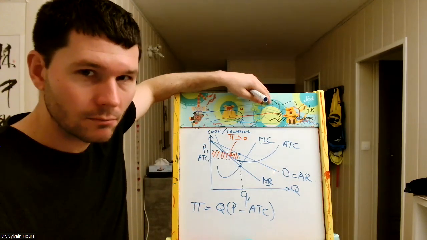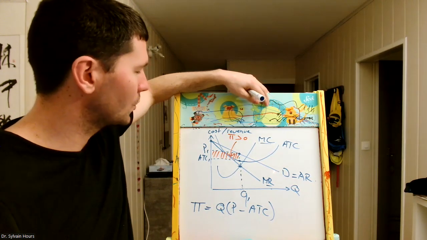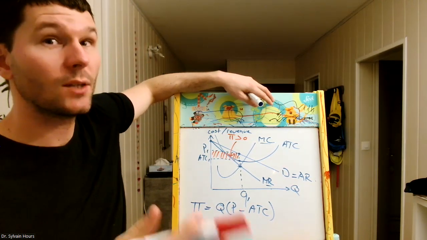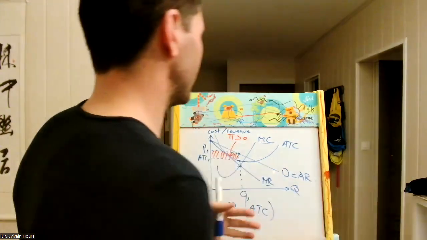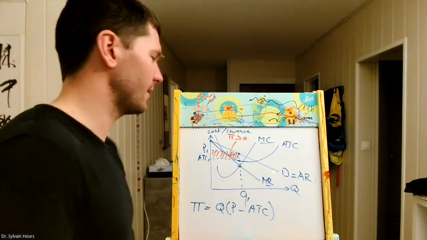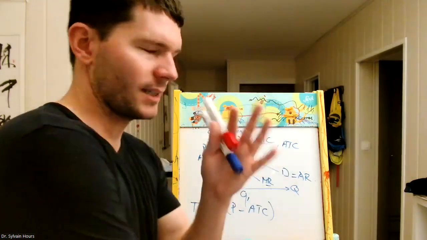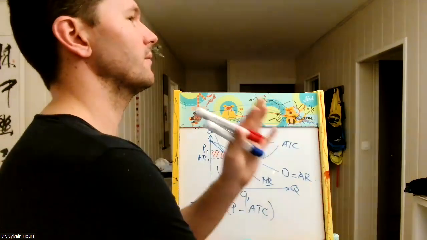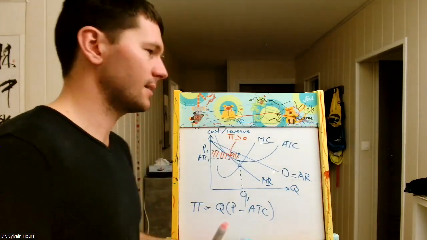Something else, perhaps a bit beyond the scope of the syllabus, but you could also identify what we call the dead weight loss or the welfare loss that would be caused by this monopoly. In this case, it's quite simple. I'll try to explain it in very simple terms. The thing that you must understand is that basically,